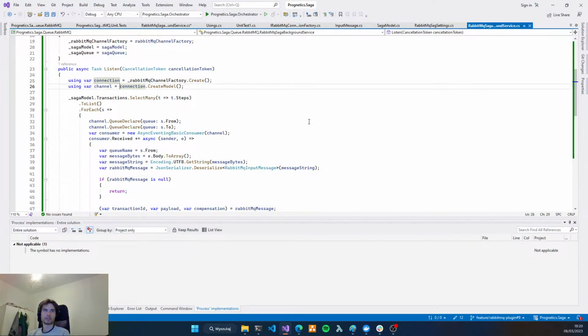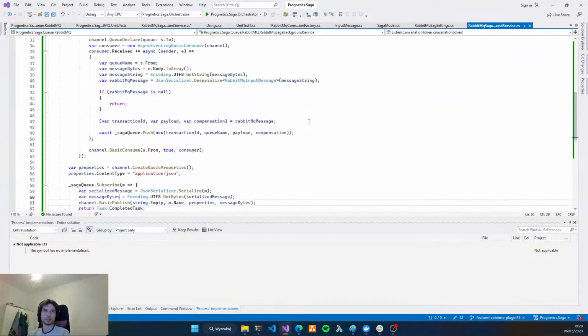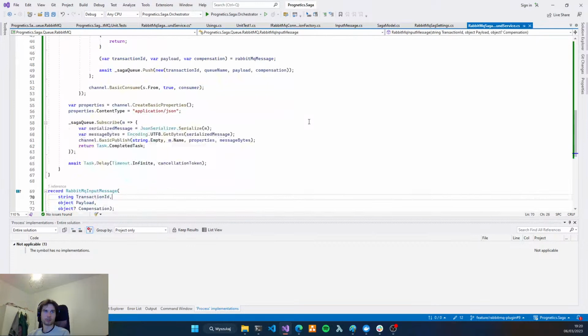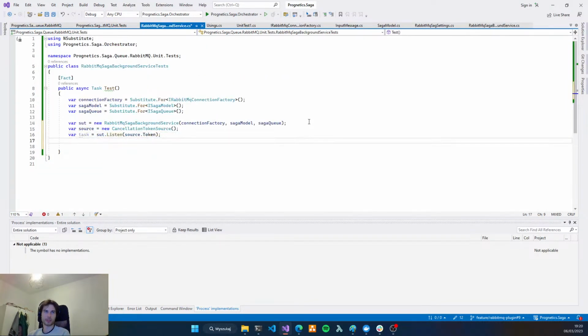Here it's synchronous, so this will go here. It is also synchronous, so it will exit these methods here. So we are sure here that our queue should be set up.